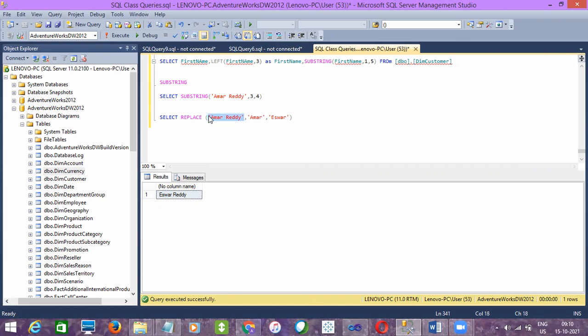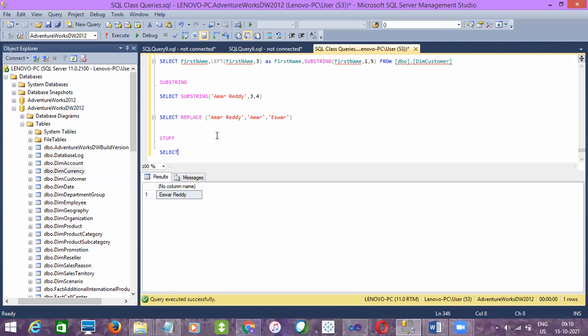Correct. Now here you will get a doubt, right? Instead of text replacement, can you replace a number of characters? That is your doubt. See, here it is only specific text. If you want to replace the value by positions, there is a function called stuff. The stuff function will replace the value at specified positions.